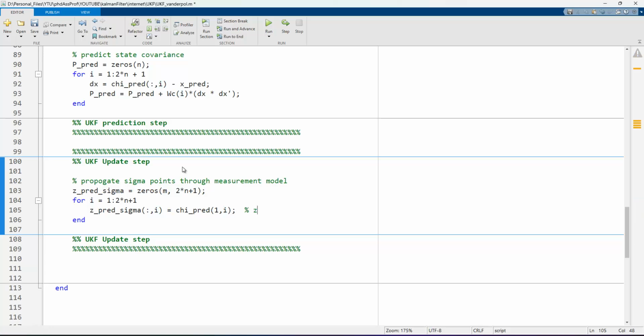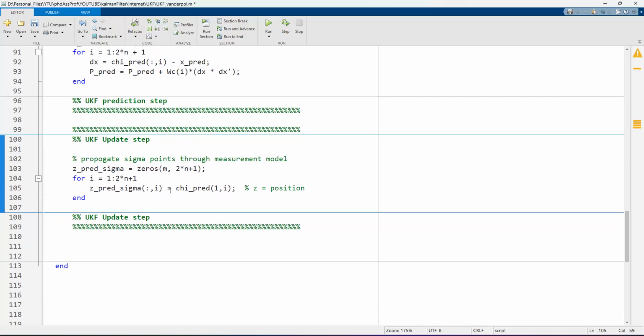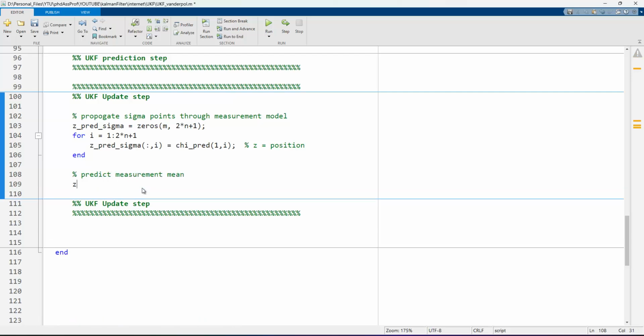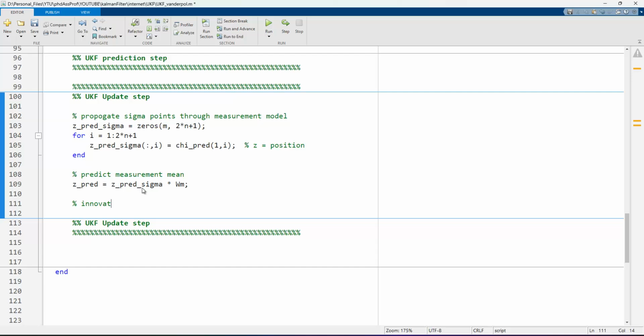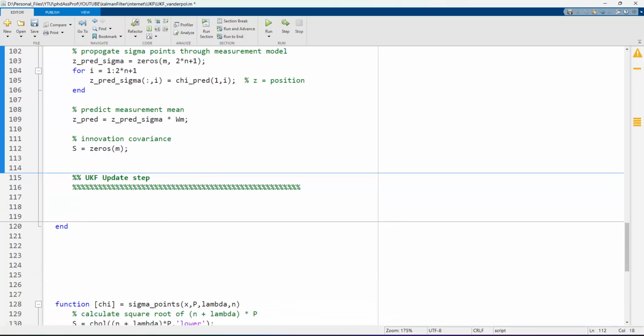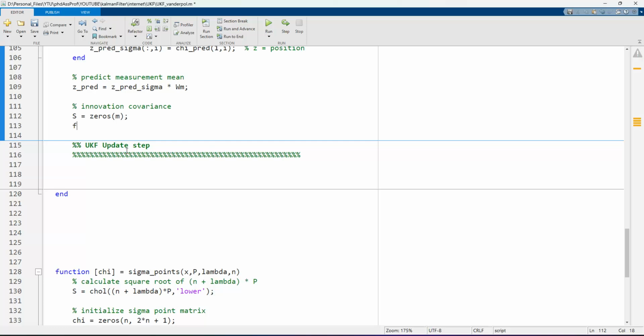Because the Z is equal to the what? Only the position value, okay? After that, we need to predict the measurement mean. Z pred is equal to the Z pred sigma times Wm, okay? And after that, the innovation covariance should be built with what? S zeros m, which is the 1 by 1 zero matrix in here, because we have only one measurement in here. For i, 1 to 2n plus 1,